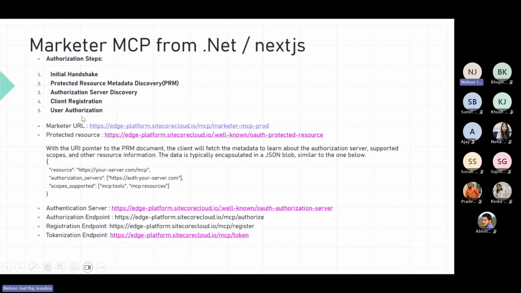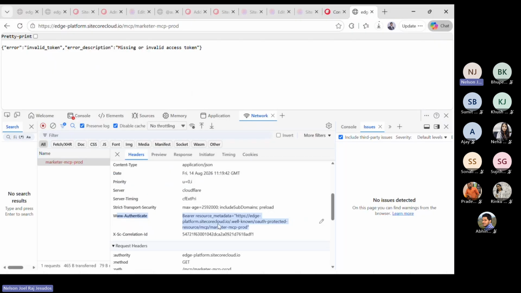Okay, so this is the protected resource metadata. This is where we will be finding our authorization server and other information, because I don't know any URL to authenticate myself, right? So technically, this is the one URL which I will be using. Then, once I find this URL, the next step would be